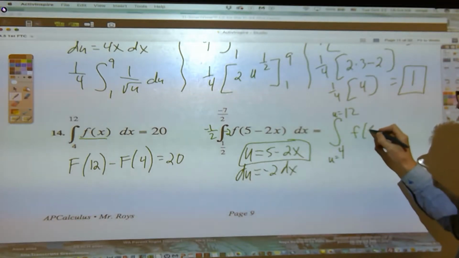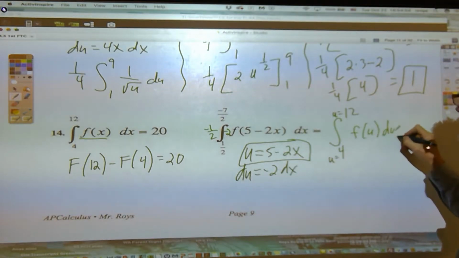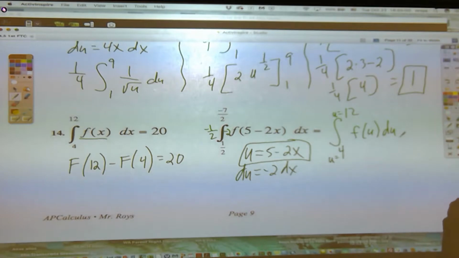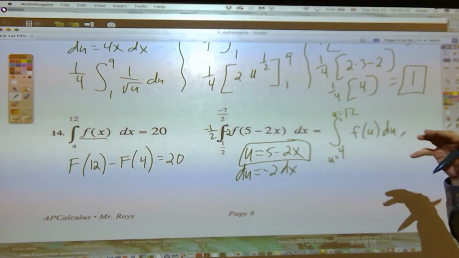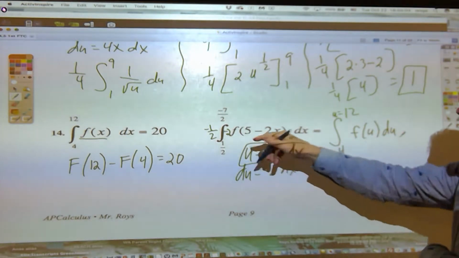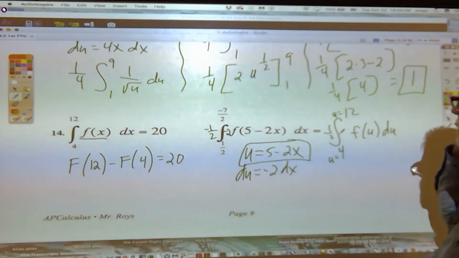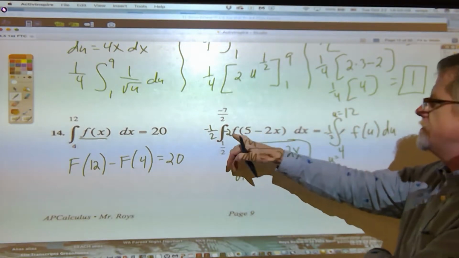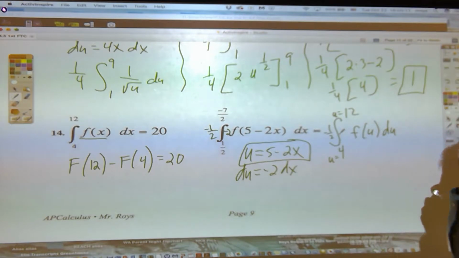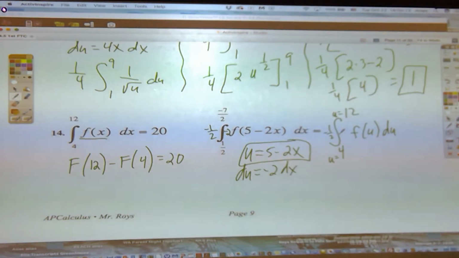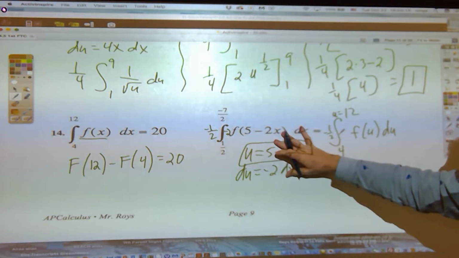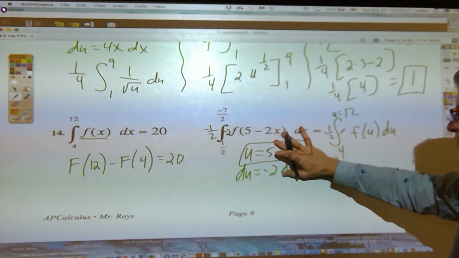So f of u du. Now, the negative 1/2 has to tag along because I doctored with negative 2, so I counterbalance with negative 1/2. So what I'm looking at here is a problem that is pre-cooked,